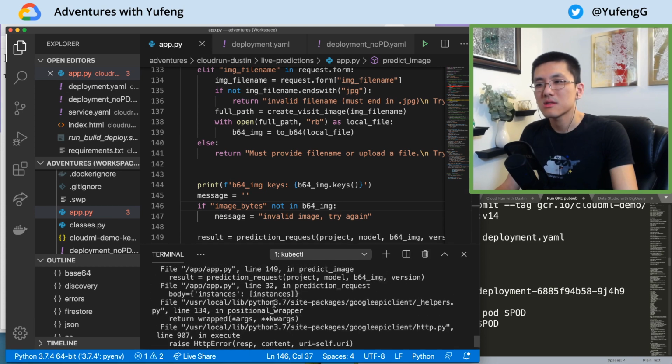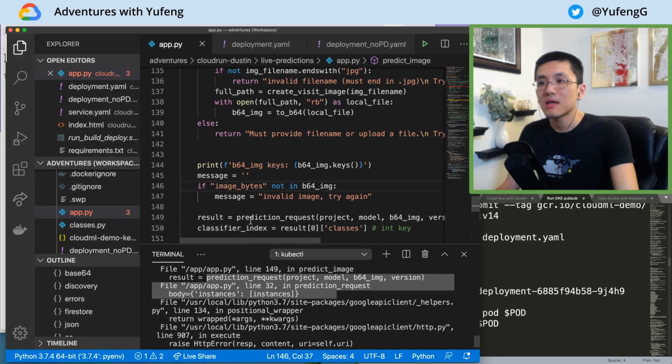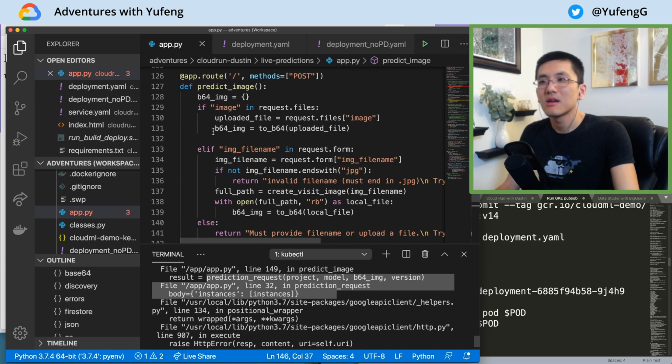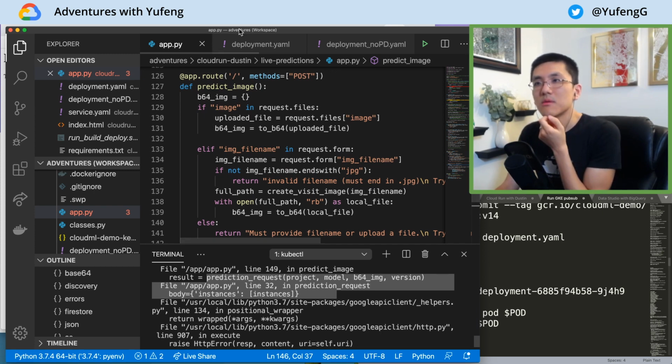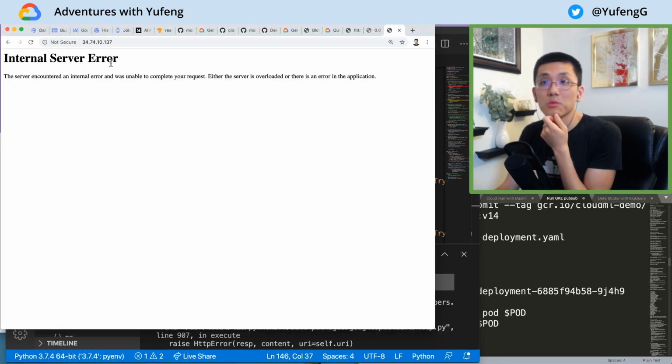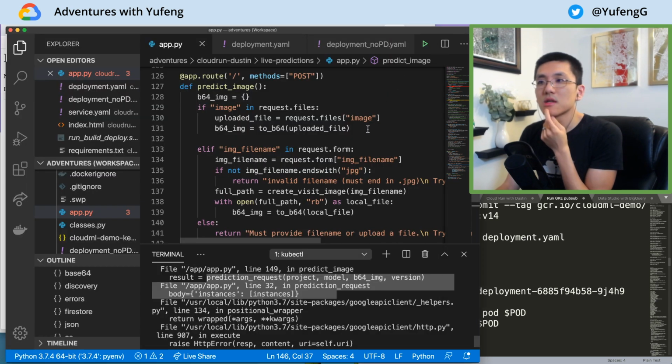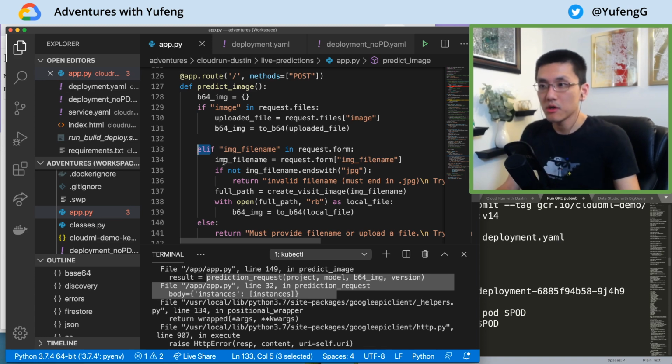Where is it calling? Somehow it's still reaching prediction request and making the call, which is down here. Somehow it skirted around all of my error checking. Huh. If image is in request.files, which it wasn't, but maybe there was more to it than I realized. Because before I didn't have an elif, it was just an if. And so when we open,